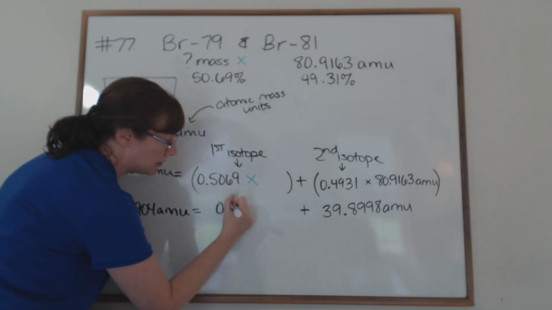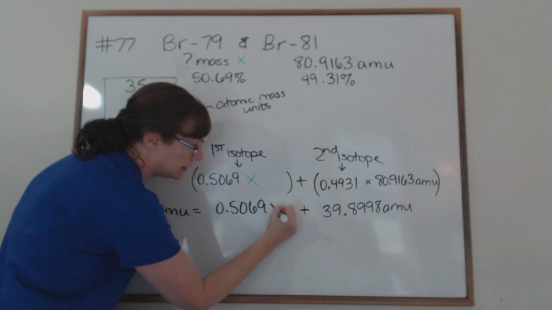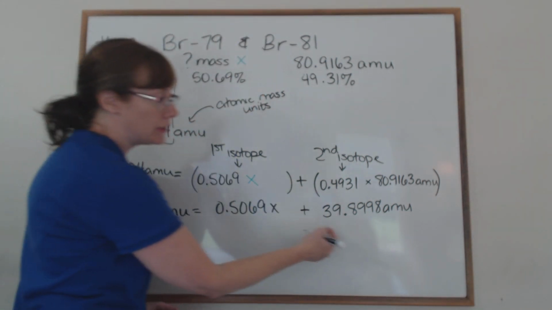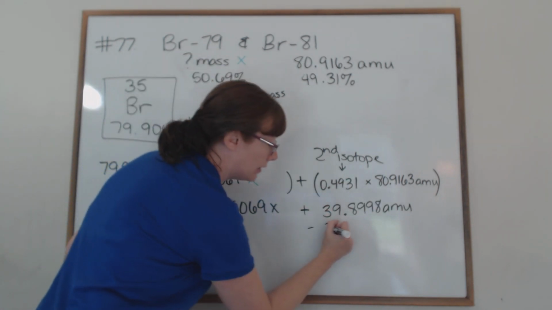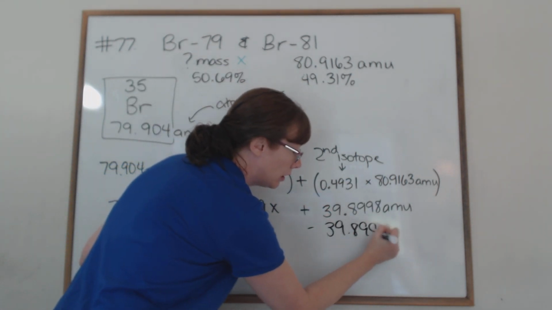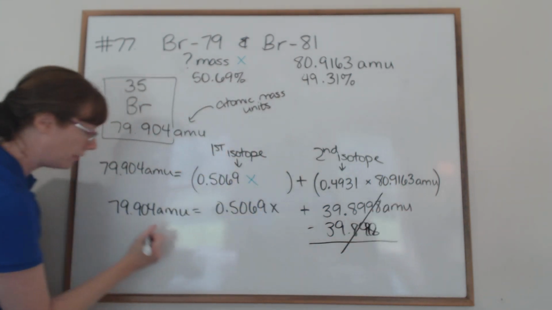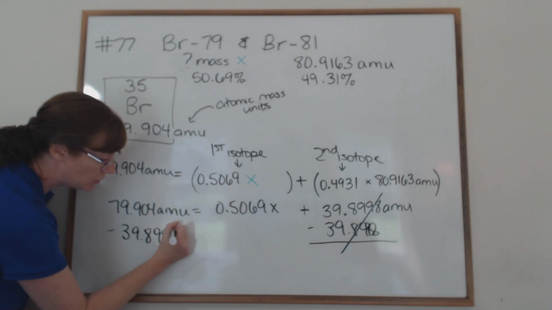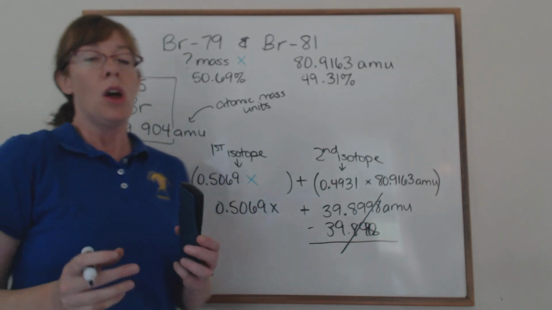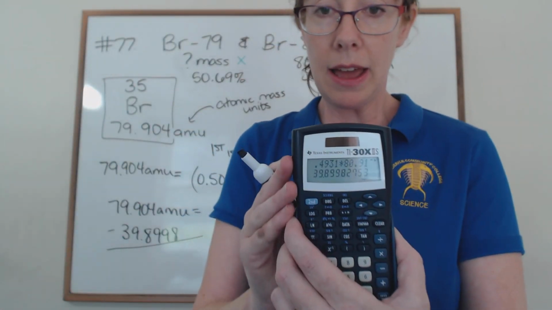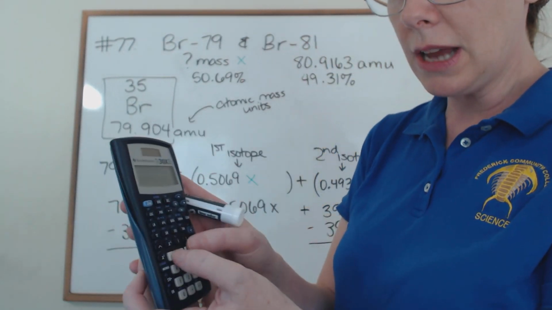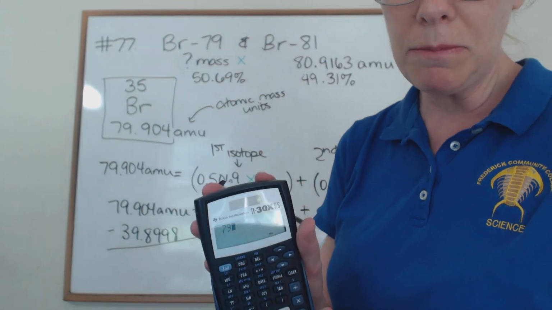And then this, of course, becomes 0.5069x. Now, to isolate x, we're first going to have to get rid of this piece algebraically. This needs to be dealt with first. 39.899 will subtract from that side and also subtract from this side. Remember, in algebra, whatever you do to the left, you've got to do to the right. What I want to show you is that if this is still in my calculator, which it is, if I just leave it there and start typing something else, so now I've got